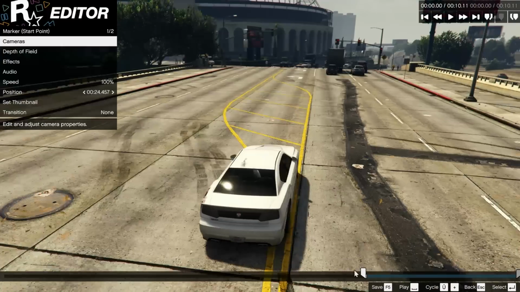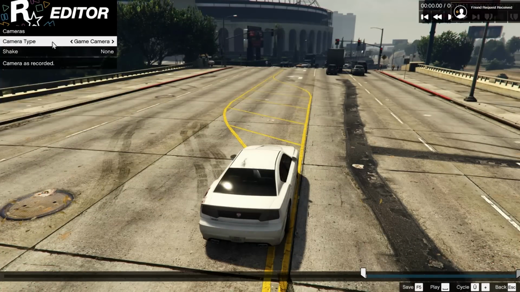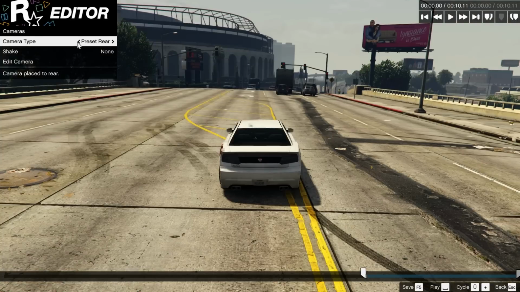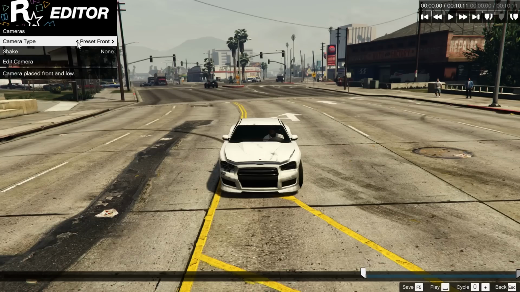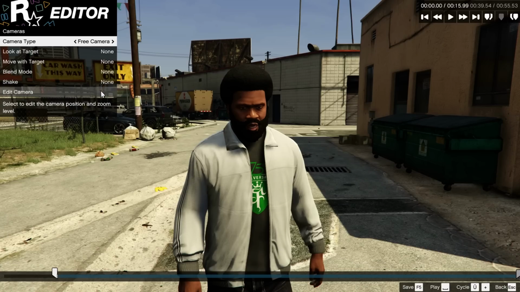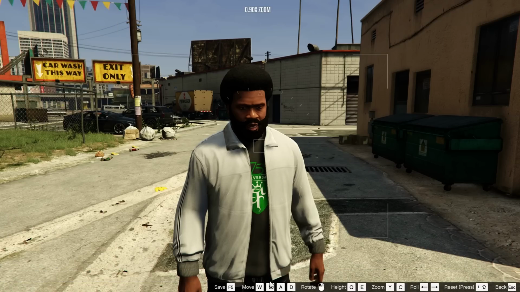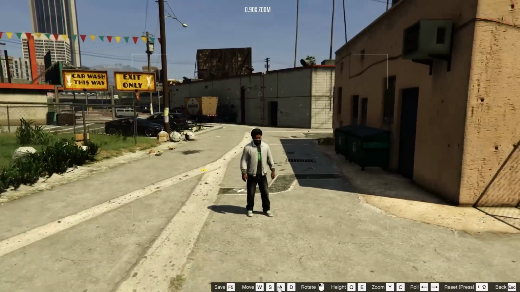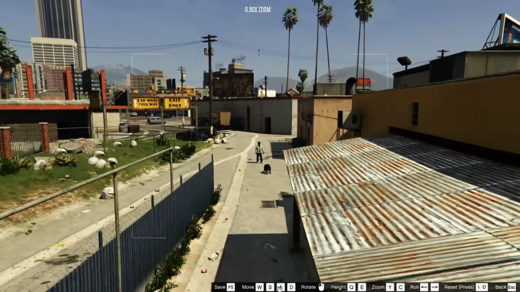Now you can already see the menu pop up. There are a few presets for the cameras, for instance the game camera, which is cool for frag movies and such. Then there's overhead, left, right, rear and front. But only at the free camera setting it gets really exciting. Let me show you how to edit the camera first. You move the cam itself by pressing the WASDs. You can only move so far from the player until the game limits you.